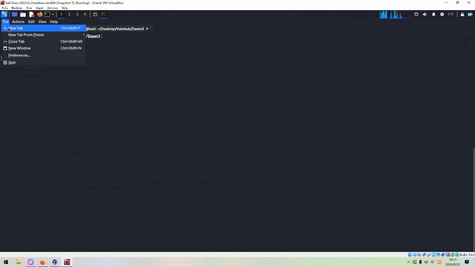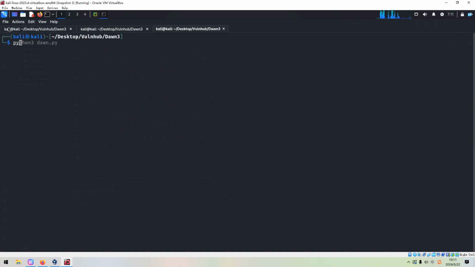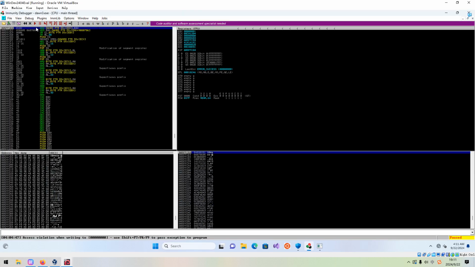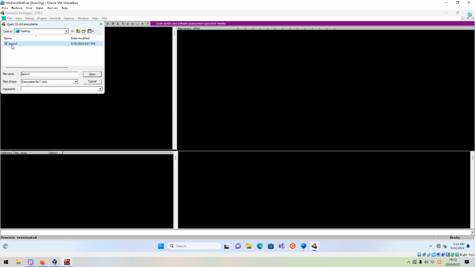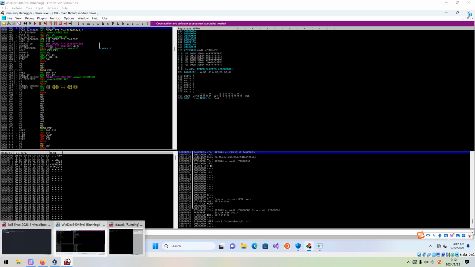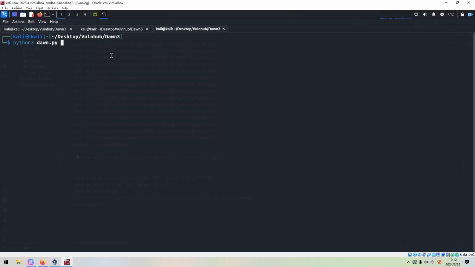Open up a new tab, Python. Okay, to see whether we can get the reverse shell connection from the target. So now make sure we restart the immunity debugger. Run it, and we can press enter.